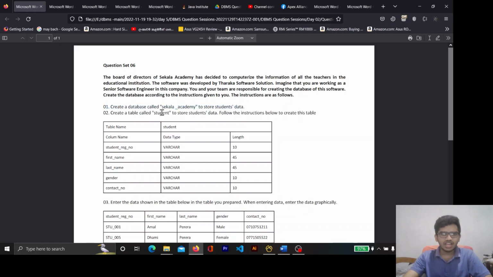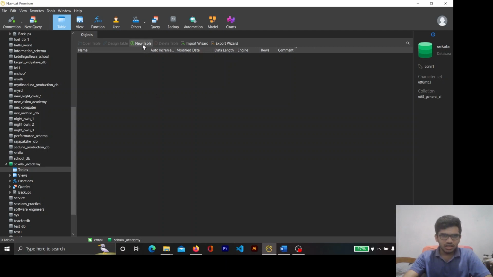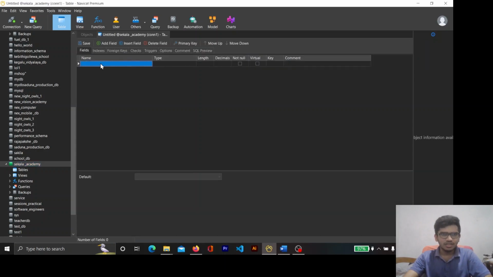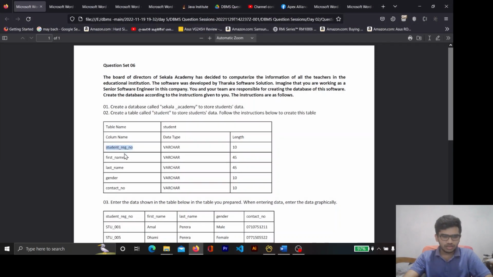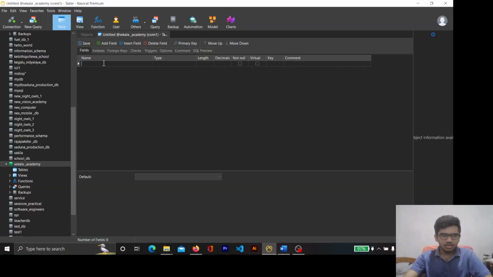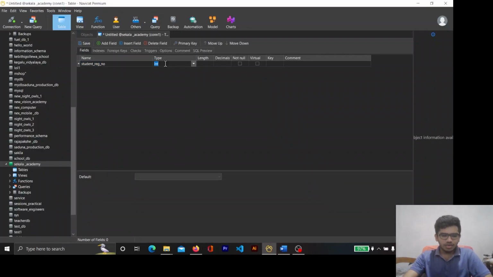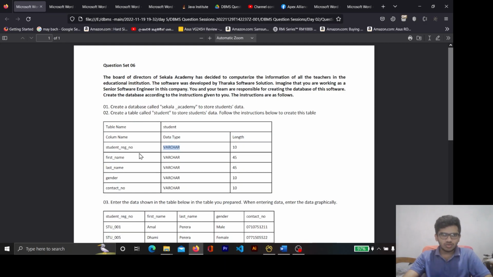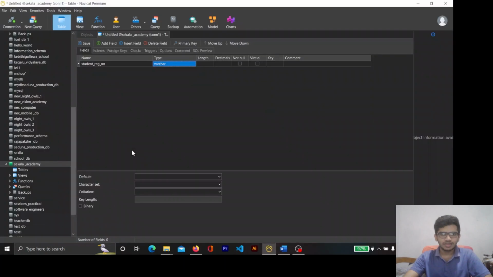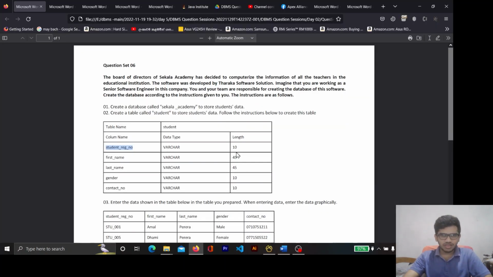The second question suggests that we have to create a table called student with the following columns. So select the database and click on new table, and for the column names I will copy this. This is the primary key of this table, in case you didn't know. Primary key means that every student can be uniquely identified with the student registration number. So the data type is varchar because it's a code,